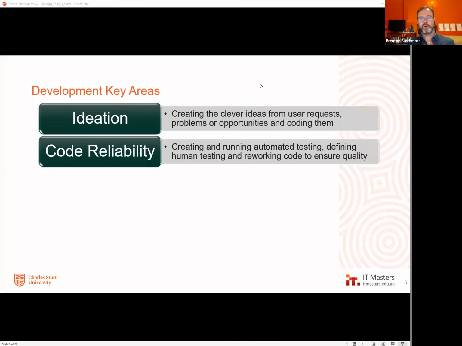But we've also got to make it work reliably. Developers have the responsibility, the obligation to make sure that they're creating the right automated testing, running the right tests, designing tests, whether they're done by systems or people, and adjusting and reworking code in whatever way that needs to be in order to continually enhance reliability, so that every time we push code and deploy it, we're deploying reliable code. So that's another part of what development needs to take responsibility for.